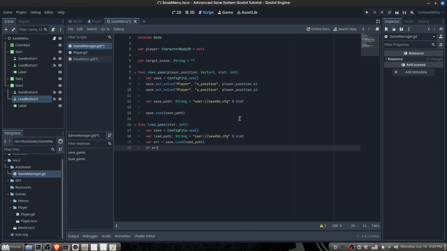So if error does not equal okay, print "no save file available." In another episode, we'll be able to check if this error is true. We can ask the player if he would like to create a new save. So then we'll do return. That way it doesn't constantly loop through this. And so what we'll do is set